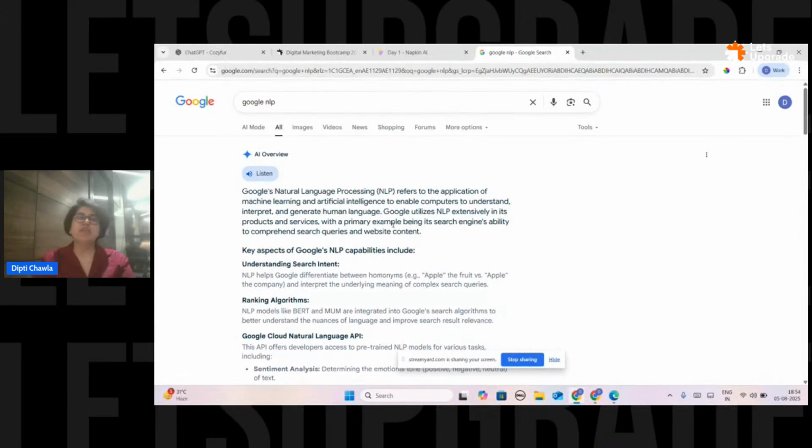Any strategy becomes a success when you understand what your customer needs. Now, there are three to four types of perception. One, let's say I'm a marketeer for a brand. My perception would be: I'll use this keyword, I'll do this, I'll do that, and this will be a hit. That's one perception.